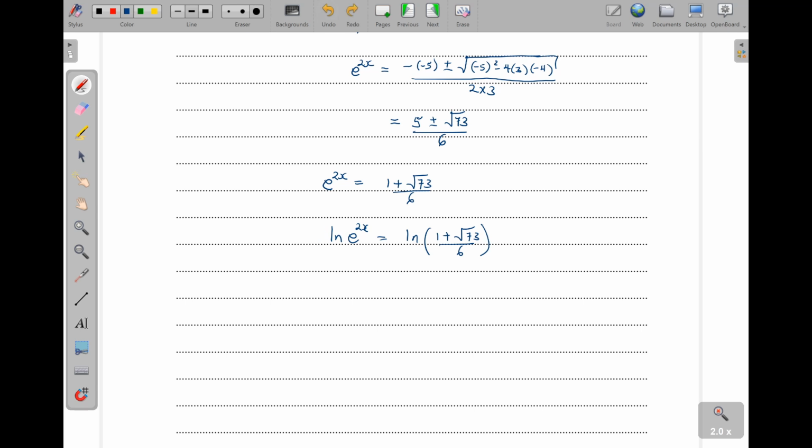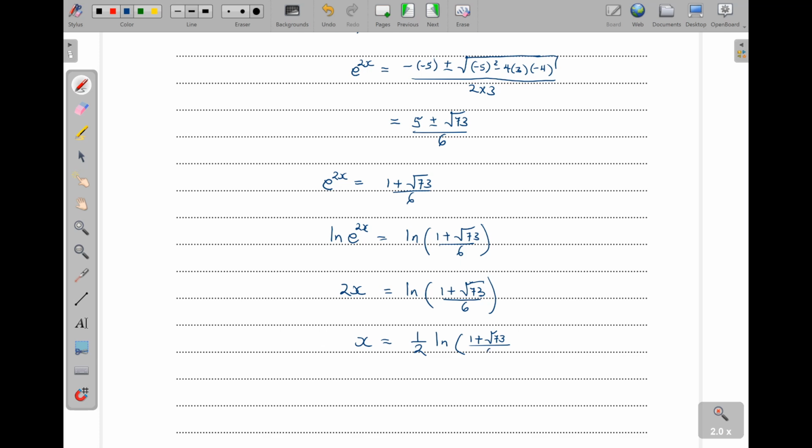Then we shall have 2x times the natural log of e, but natural log of e is 1, so I can just write 2x, which is equal to the natural log of 1 plus square root of 73, then we divide by 6, and then our x becomes a half the natural log of 1 plus 73